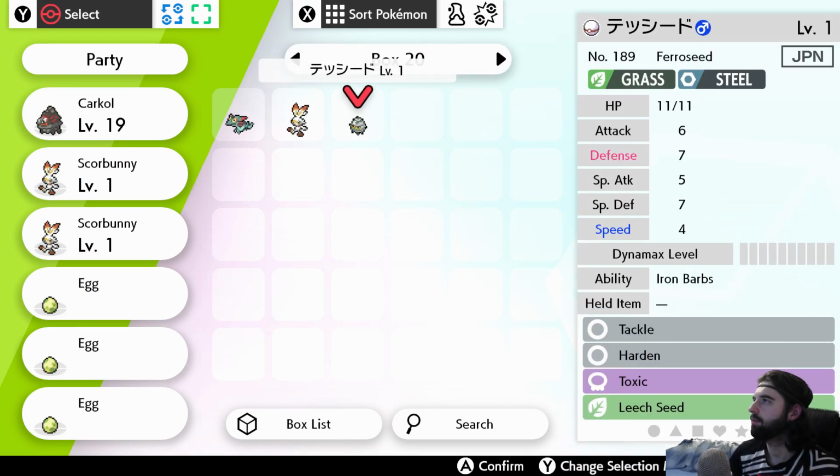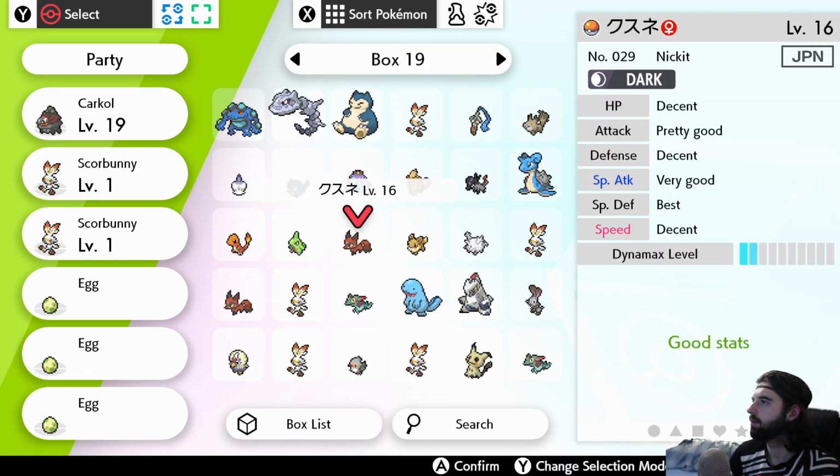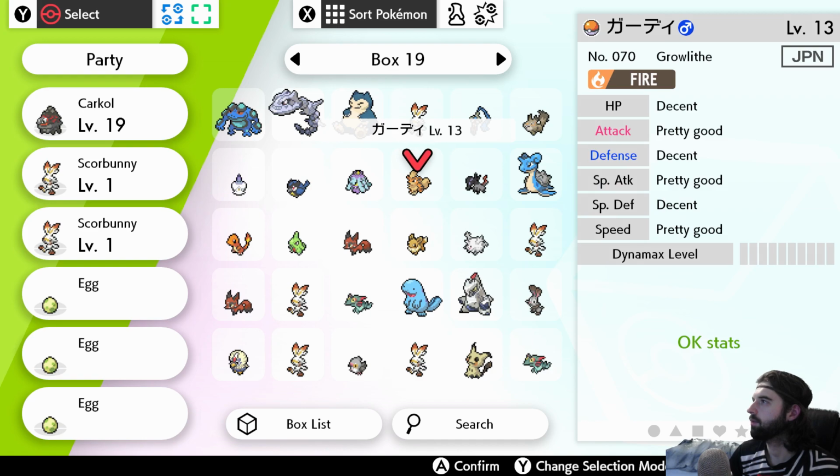Alright, I don't want to get rid of this one because this is a good-ish one. What other crap ones have I bred so far? That's actually a decent one as well. Let's get rid of...